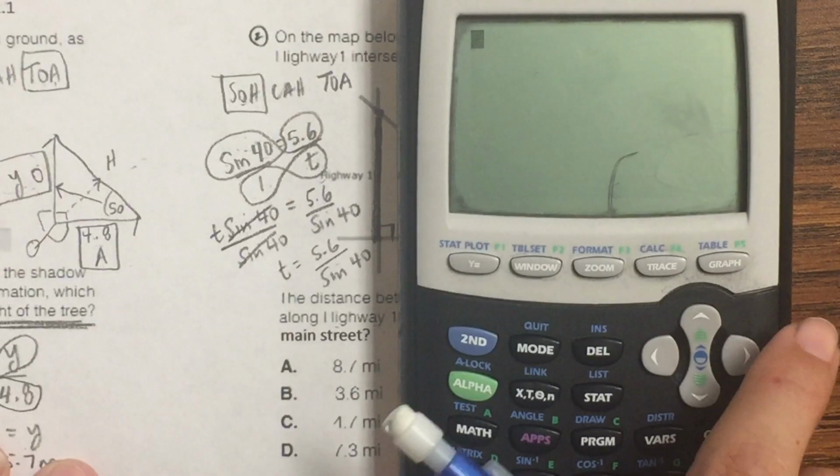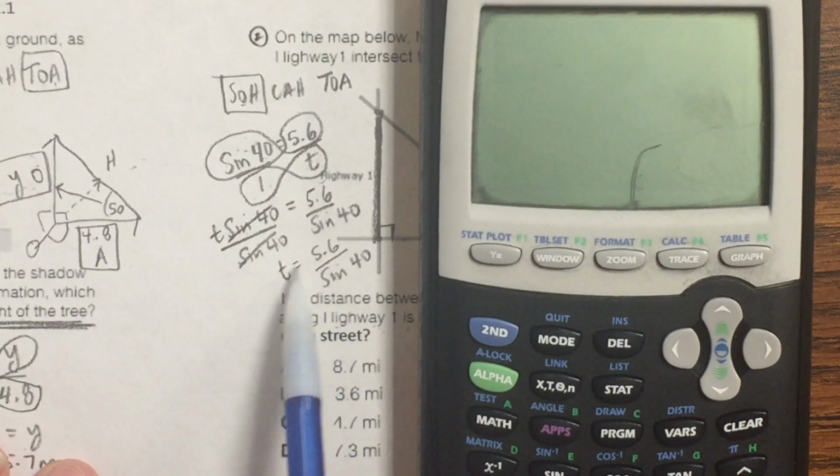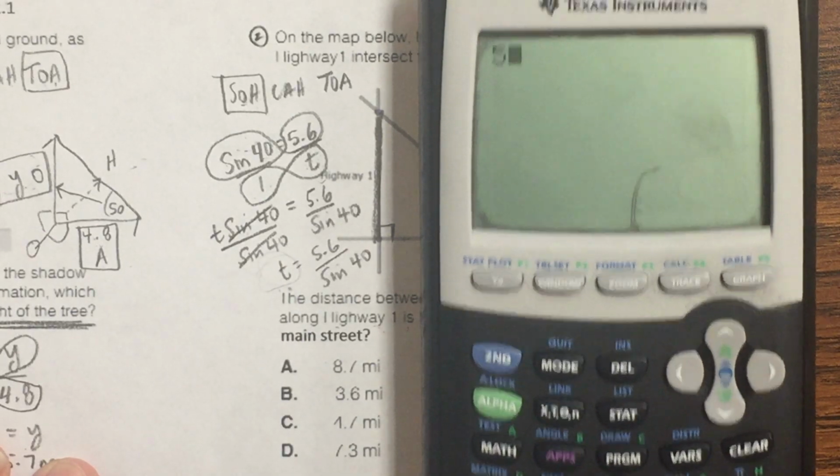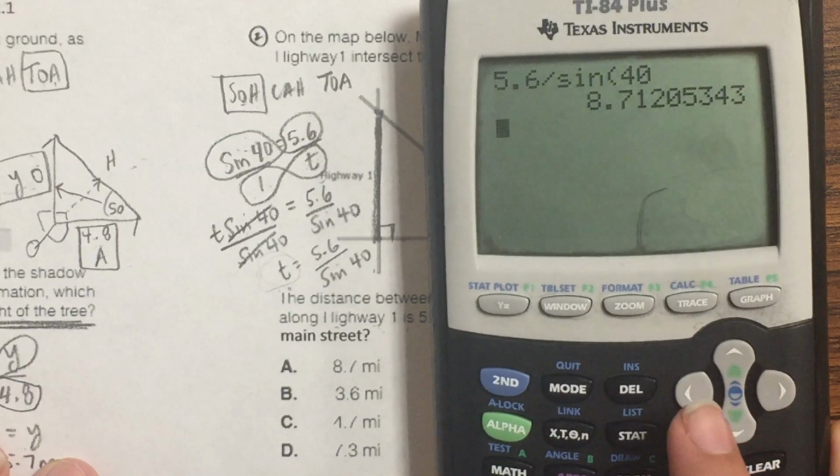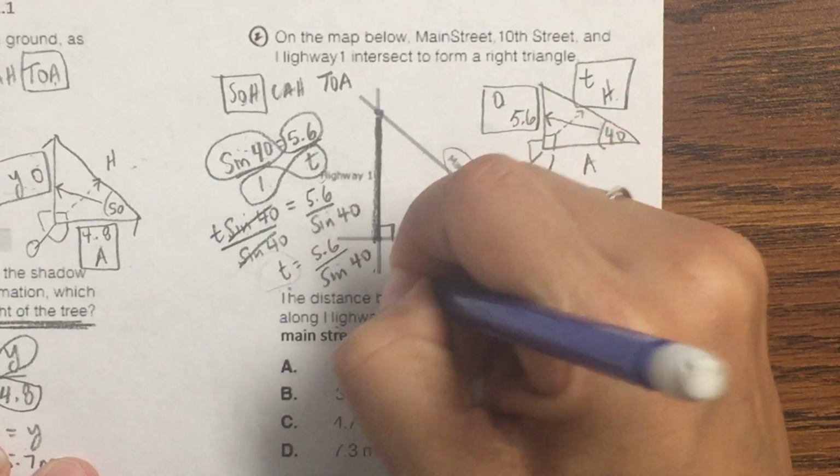All right, so punching that in the calculator. I only punch something in the calculator when I have the variable by itself. So right now it's by itself, so I'm going to punch in 5.6 divided by sine 40. Sine 40, which is 8.712. So t